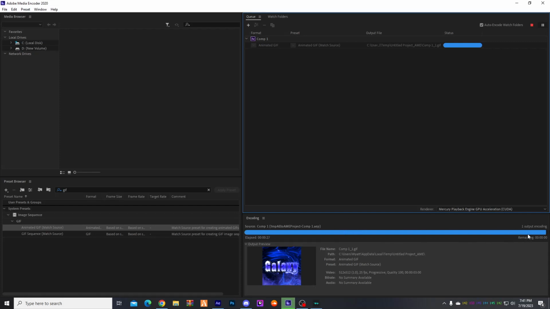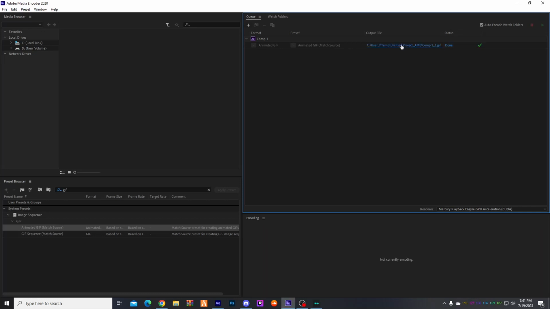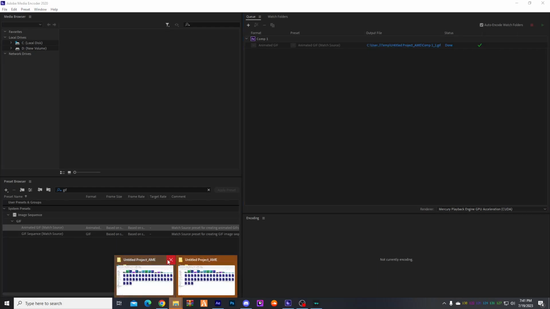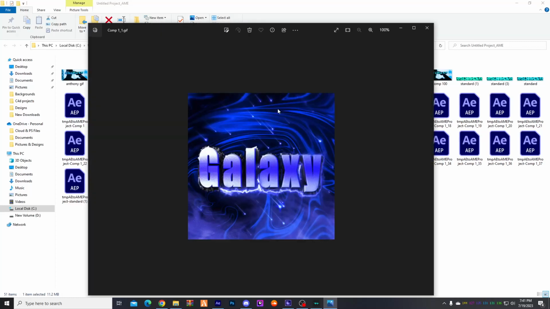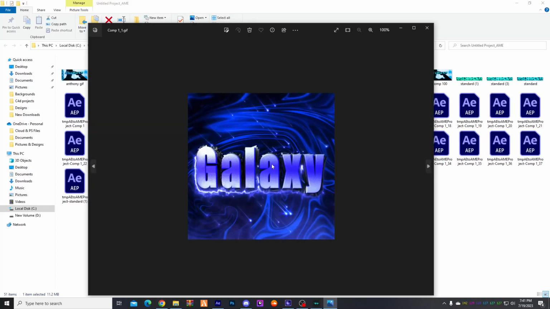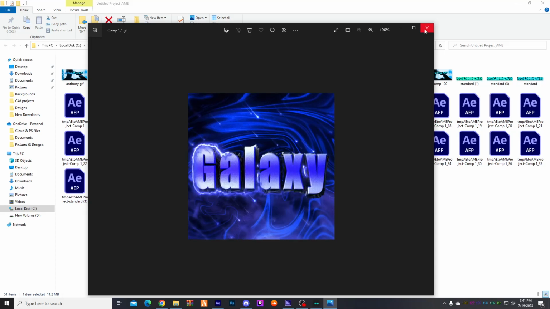All right, so once it finishes, it should pop up right here. You just click on it, and then it should pop up in your file down here, right here, and then it should show the design that you made. All right. So Galaxy, this is Galaxy right here, and then it comes in and out. So this is the test